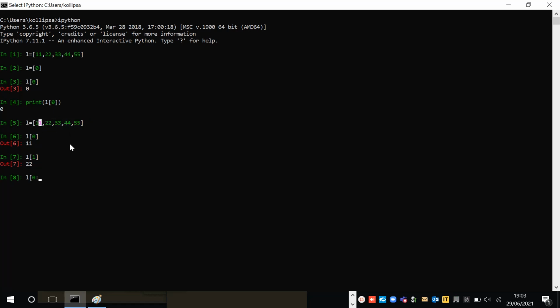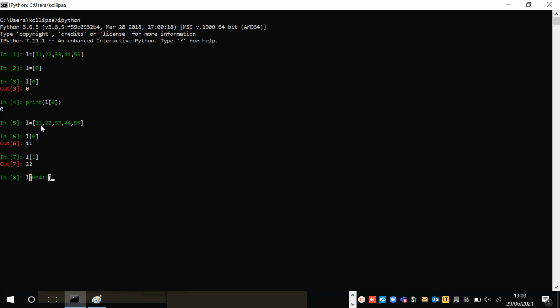Here is how it works: if you give 5, it will print till 4. 0 1 2 3 4, correct, right? This is the 4th index position. So if you give 5, it will print till 4. Let's say I am giving only 4, it will print till 33. And the jump means the index, so how it has to jump.